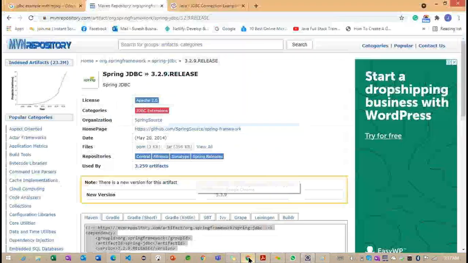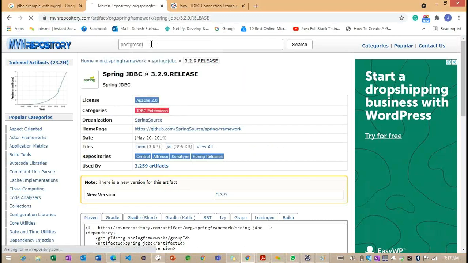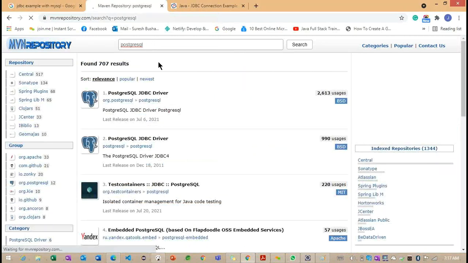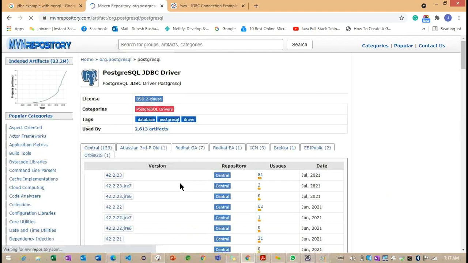To download the Postgres jar, we need to add the PostgreSQL jar. This is our PostgreSQL dependency that we need to add.